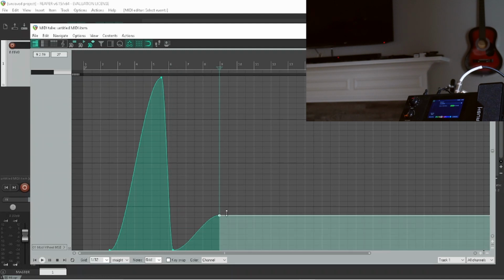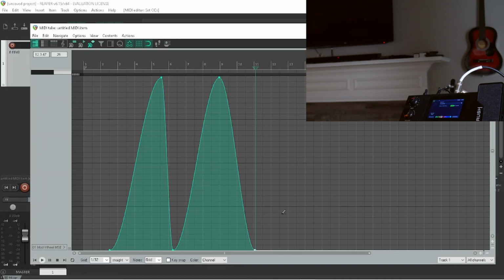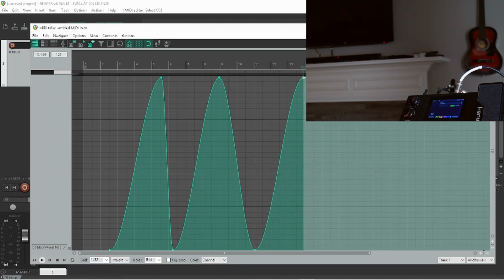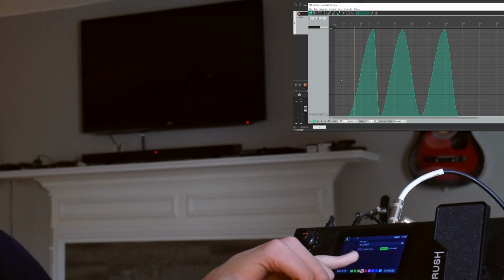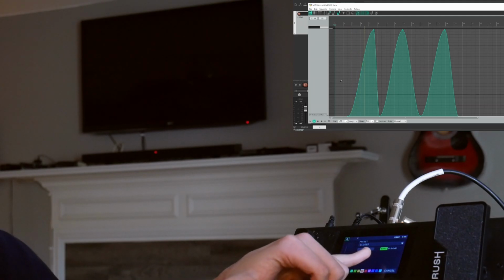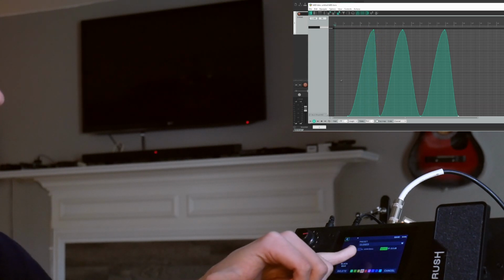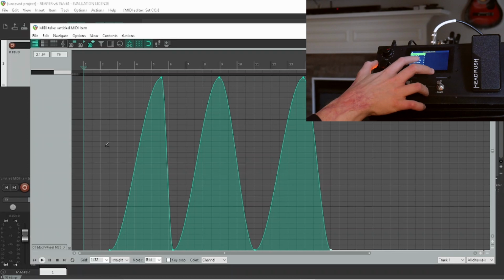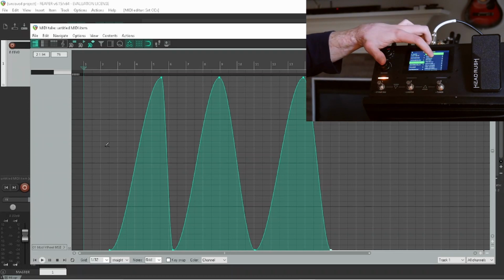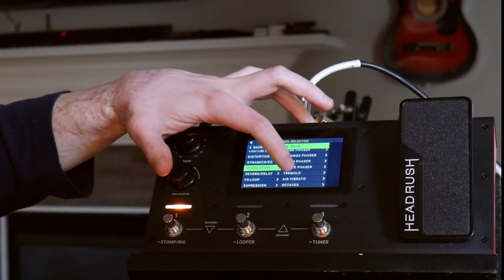Double click, drag down, double click here, and then down. Alright, so now keep going up, and then quickly down, and then slowly back up, and then quickly down again. You can do the same for any sort of modulation, tremolo,